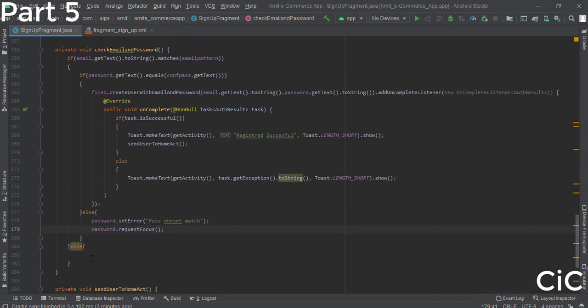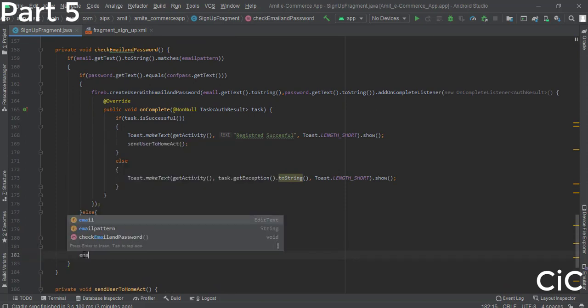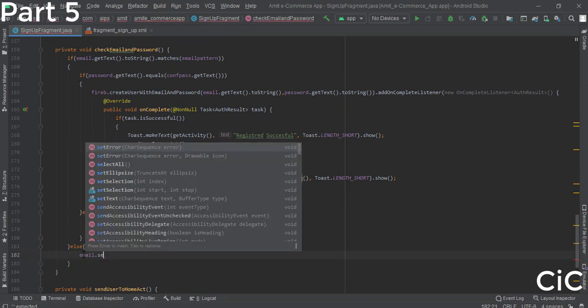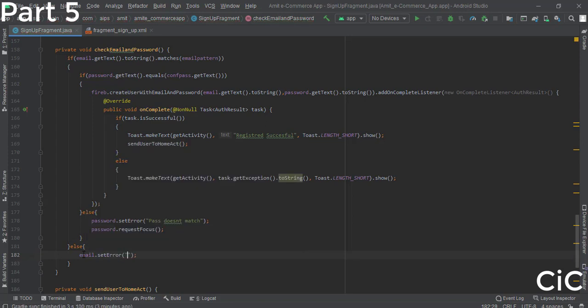Now again, if the email does not match, then we will set the error here. So email dot set error, and we will pass the email pattern does not match, so we will pass email not entered correctly. Okay, and we will also request the focus.